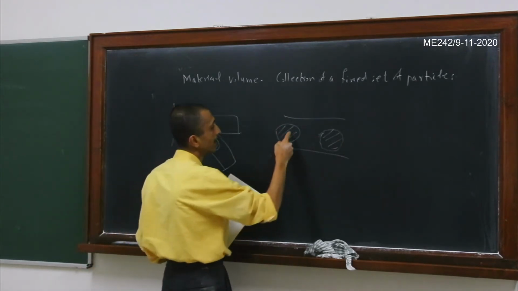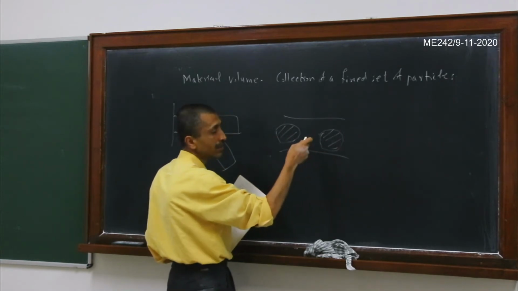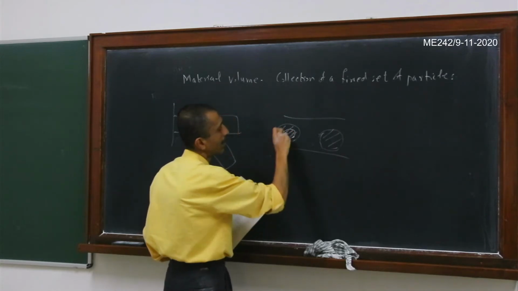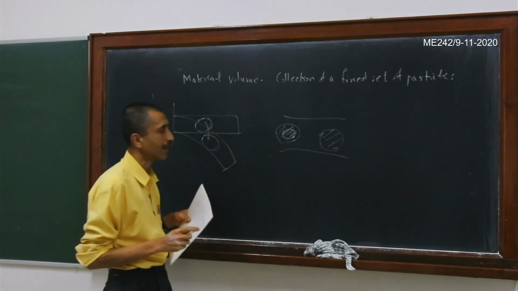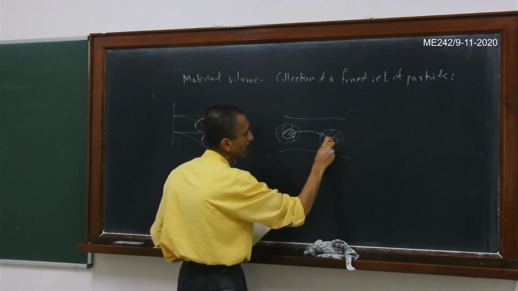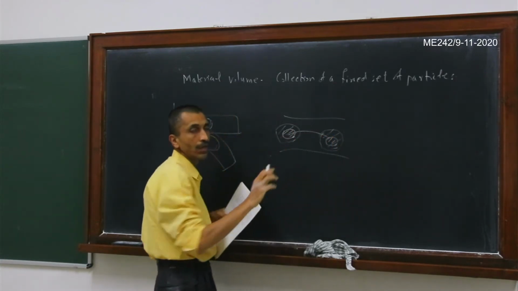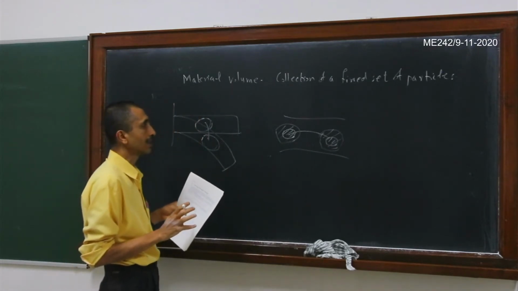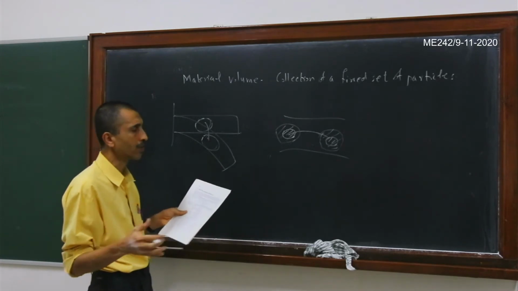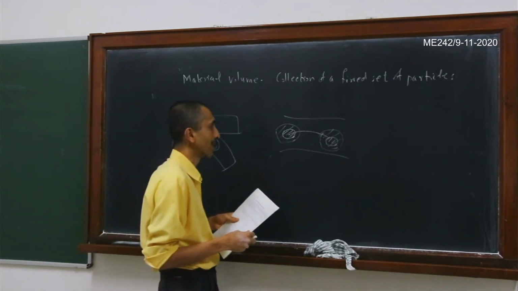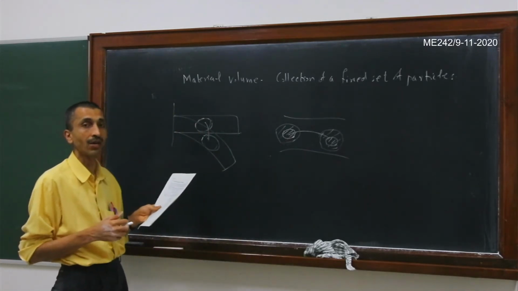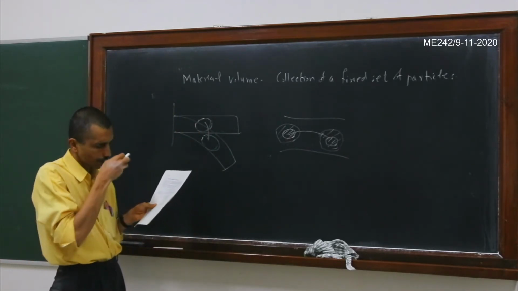So that means here I am considering this fixed set of particles, but I could have as well considered some subset of whatever I had considered earlier. And then in that case, I will consider the evolution of those fixed set of particles as it evolves. So basically what I am trying to say is that this is just a fixed set of particles, and we are monitoring them as they evolve in time, due to the action of some forces or things like that. So this concept of a material volume is different than the concept of a control volume.